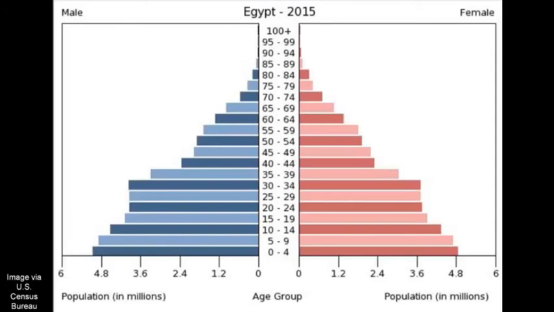And so Egypt, first off, we see some sex ratio imbalances. At the top, we see a little bit more females than males, but at the bottom, we see more males than females. And so that, once again, speaks to the cultural preference for males in Egyptian society. What we got going on here is we can see some changes. And so if you're given the country of Egypt, what you'd be asked to do is to identify, well, what's going on, creating what would appear to be stability there in the 20 to